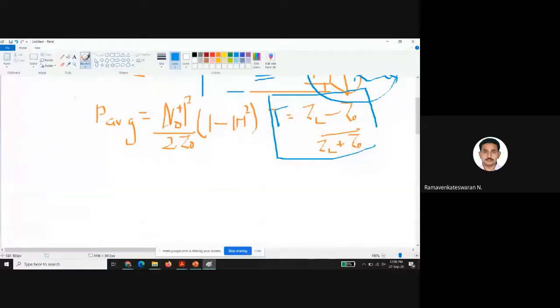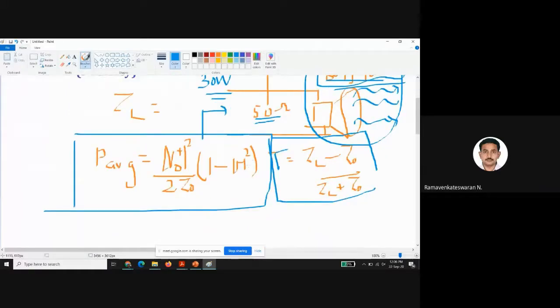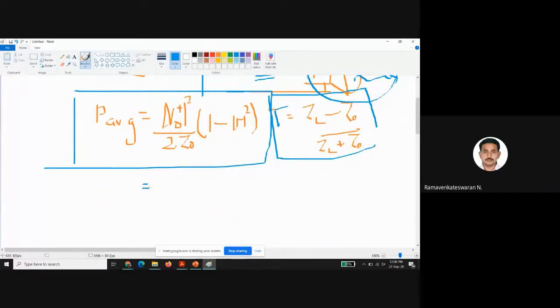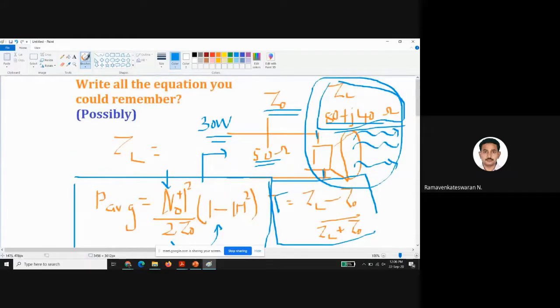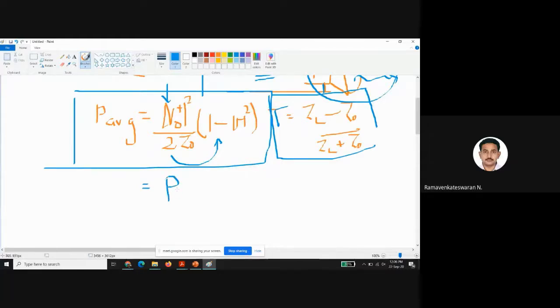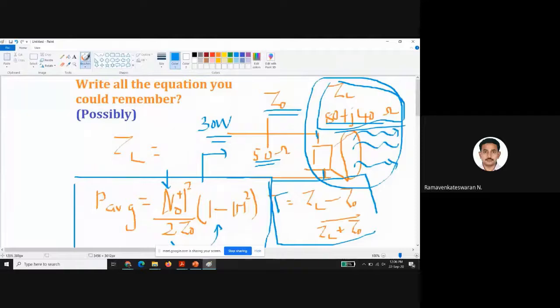This is the average power at any point of the transmission line. We could modify these equations slightly such that the first quantity is actually the incident power, how much power is incident exactly at this point, at the antenna which is connected. So this is my incident power, and 1 minus the reflection coefficient squared multiplies it. The reason is, the power which is incident at any point of the transmission line, right?